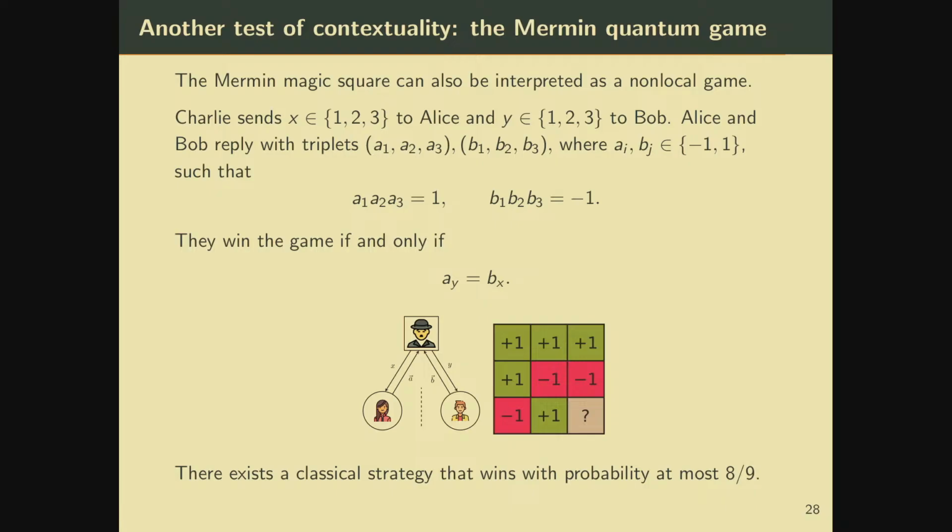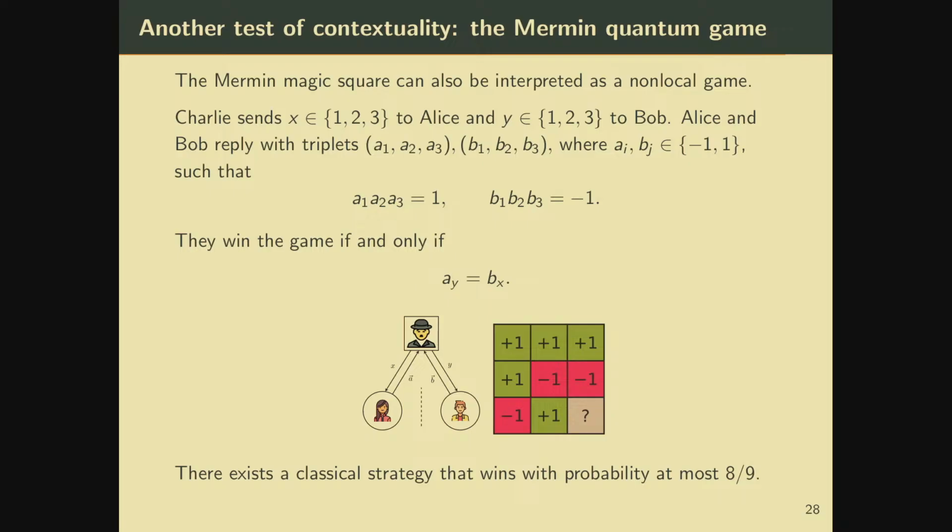Both of them win the game if the element of the vector of Alice that corresponds to the position of Bob is equal to the element of the vector of Bob that corresponds to the position of Alice. This game is called a quantum pseudo-telepathy game because you have plenty of choices of 1 and -1 to satisfy the constraints. It's not difficult. But